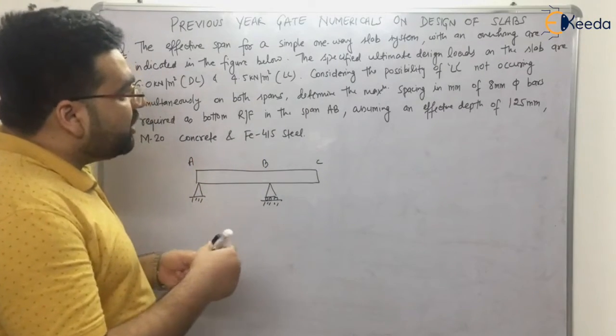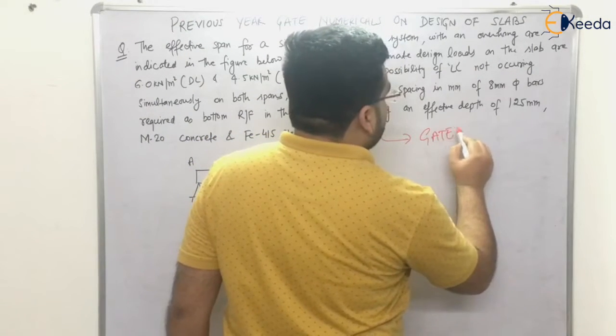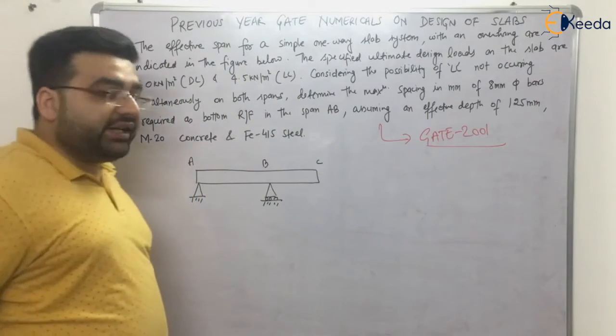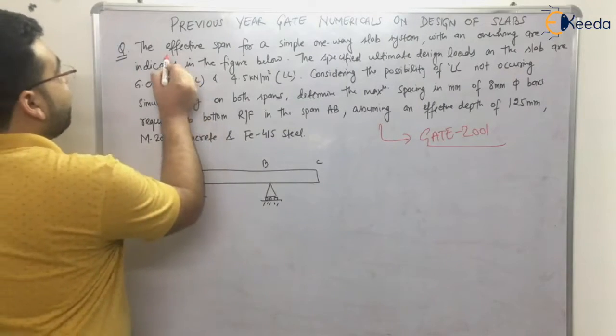It came in GATE 2001, so around 20 years back this question came in the examination. Clear? Now the question is the effective span